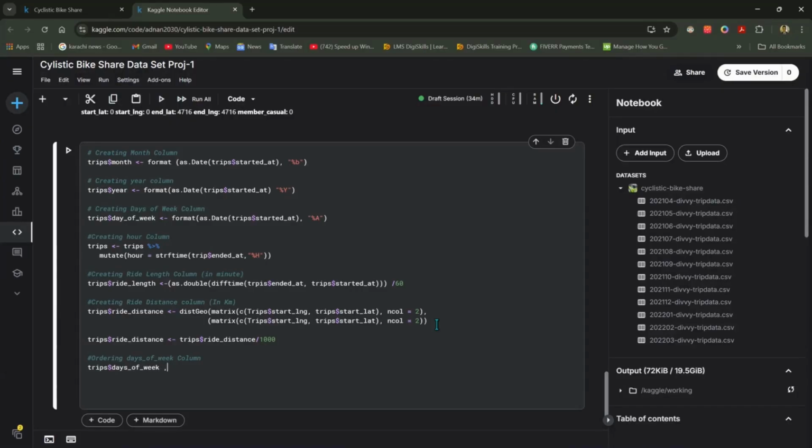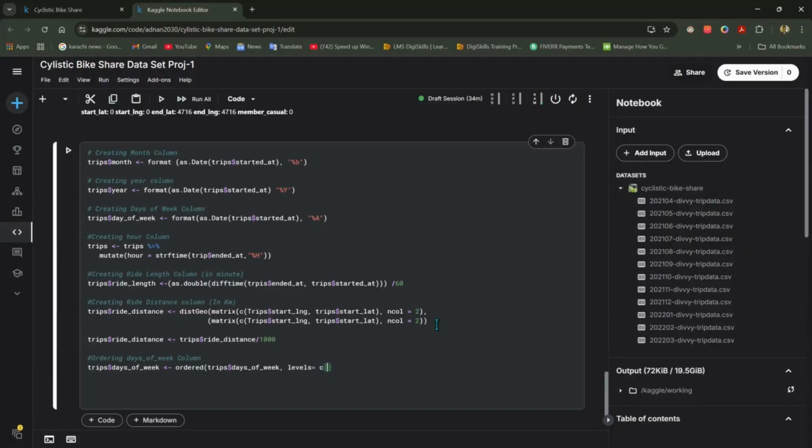Use the operator, ordered trips dollar day underscore of underscore week. Then comma, and we want the days in text form, like Monday, Tuesday, Wednesday, Thursday, Friday, Saturday, Sunday. So I have to add levels equals to